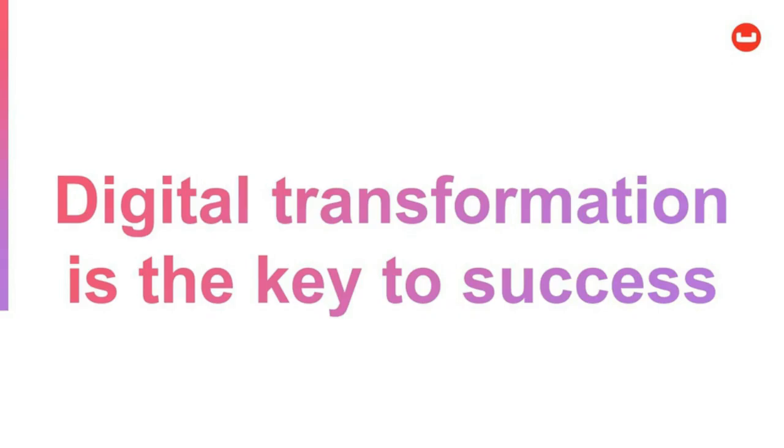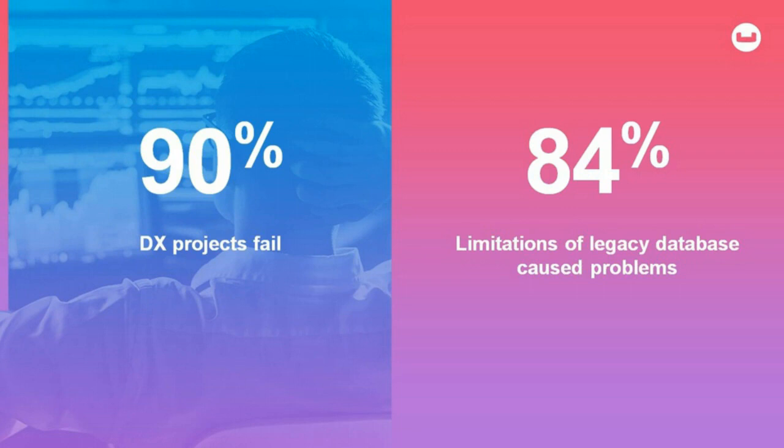It's really the key to success, but we have a problem because according to a CIO survey we conducted, about 90% of digital transformation projects fail or are failing today, not meeting the business case that justified that project in the first place. And behind that failure rate sits another interesting statistic, and that's a large part of the problem is what happens to the data that underpins everything you're trying to achieve for your business. Because what makes you stand out as a business is when you deliver something better than everyone else can as a result of using data intelligently.